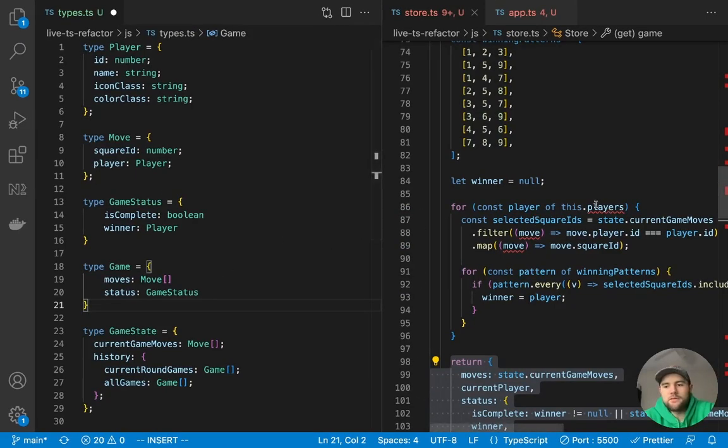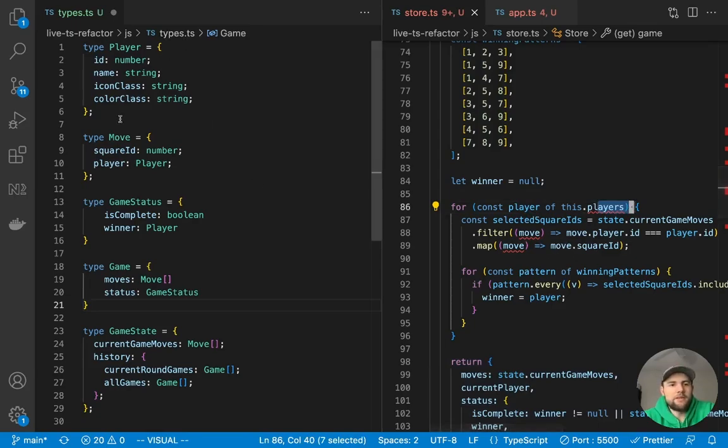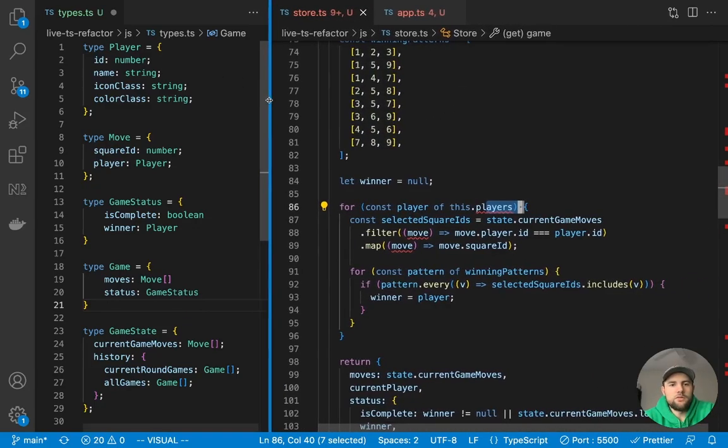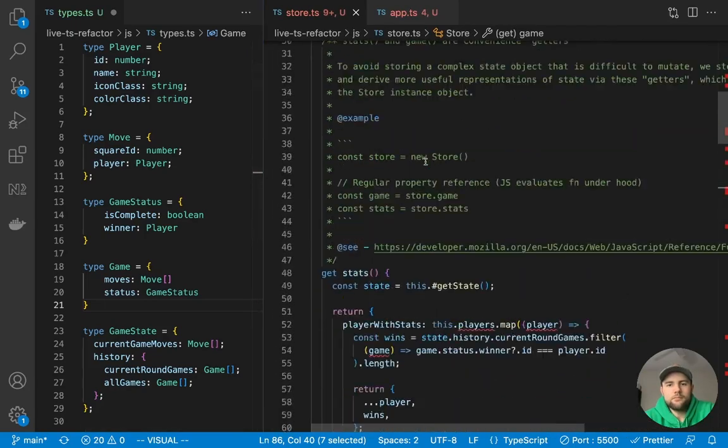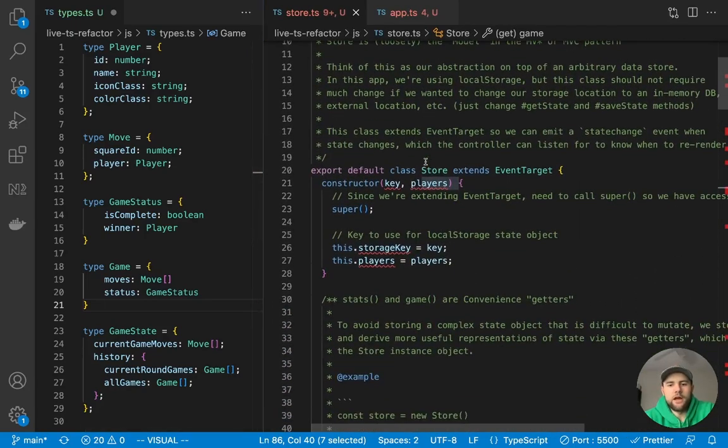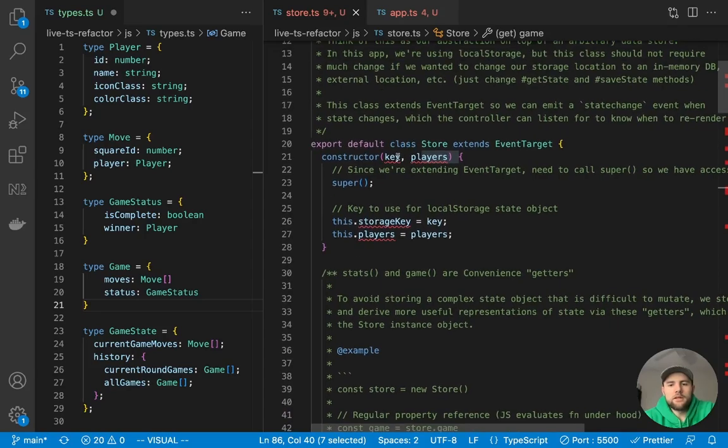Now, at this point, we still have squiggly lines, and that is because we have not assigned these types to anything here. So I will keep both of these open. I'm going to just collapse this a little bit. And let's just start working from the top of our file. So the first thing let's look at is the constructor. With TypeScript, we can add types to things by adding a colon and then giving it a type. In this case, the key is our local storage key, and that's just a primitive string type. So we can just pass that in directly.